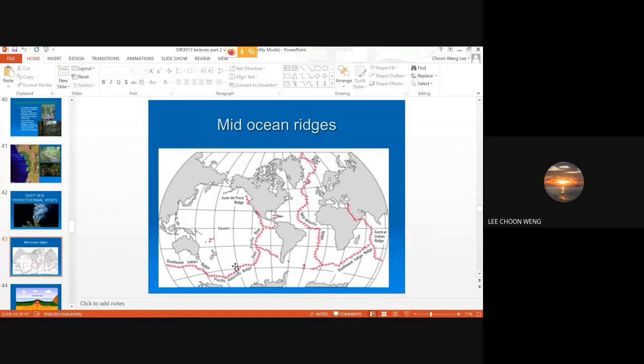Okay, so these are all areas of a lot of Earth movements, volcanic activity. So very active Earth movements. Okay,